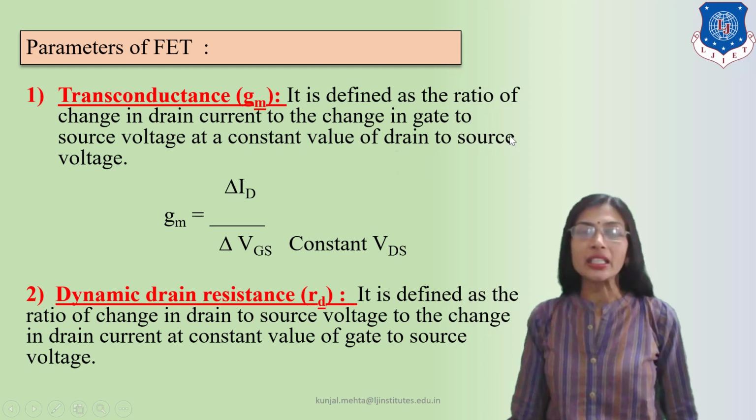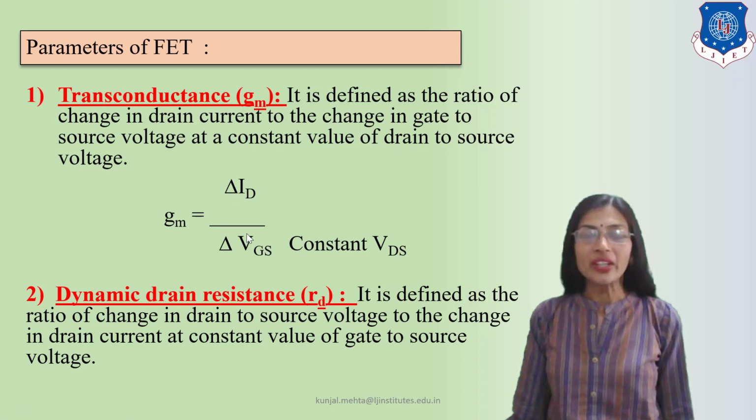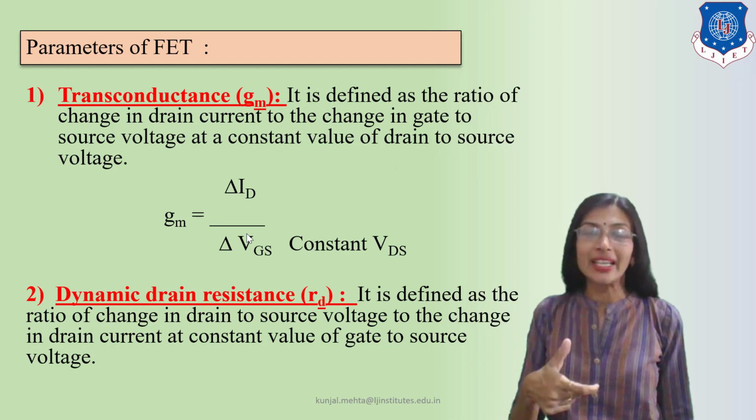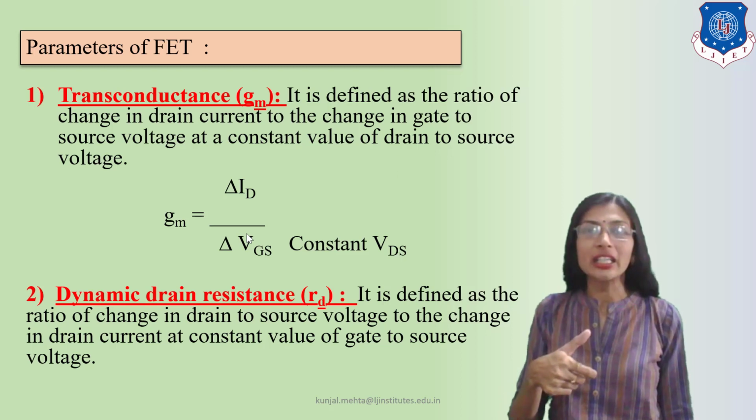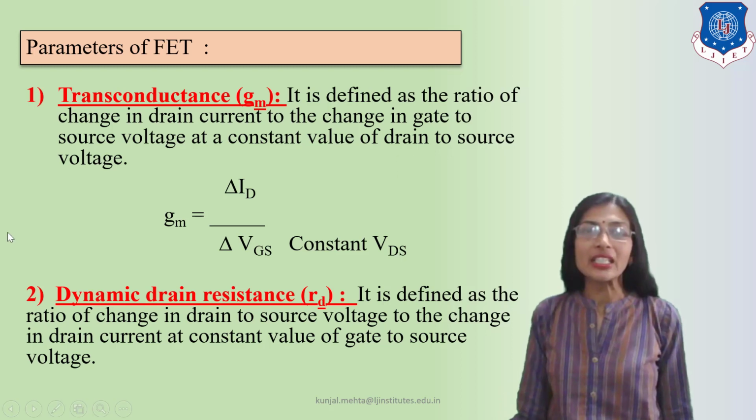The transconductance, again I am repeating, the GM, is defined as the ratio of I upon V. Actually, it is the reciprocal of resistance. What is the transconductance? The main basic fundamental: it is the reciprocal of resistance. Resistance is V by I, and the transconductance is I by V. So what is the current in JFET? That is the drain current, the output current. And what is the input voltage? That is the VGS between gate and source.